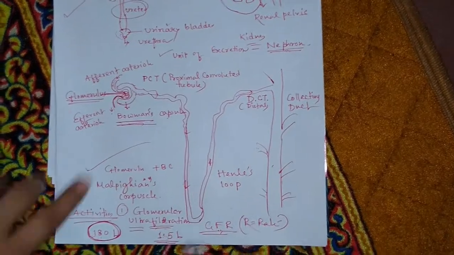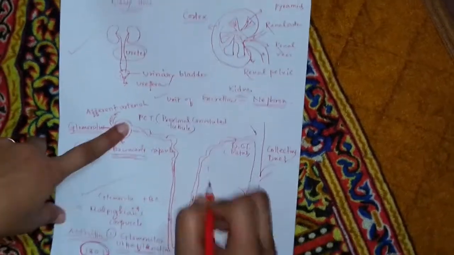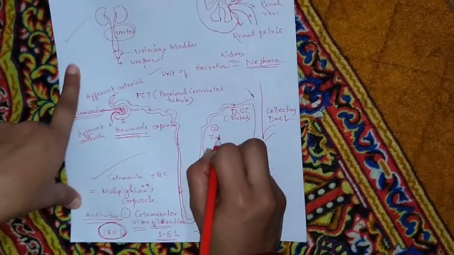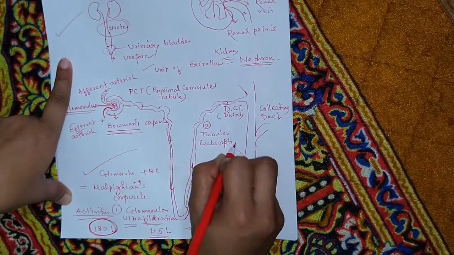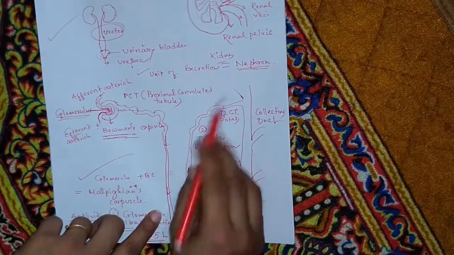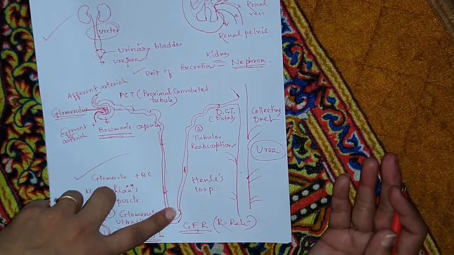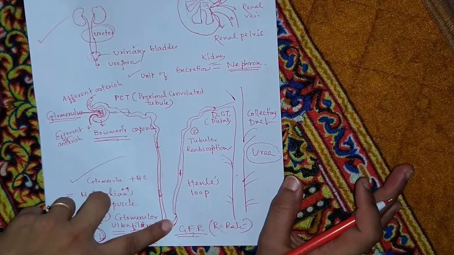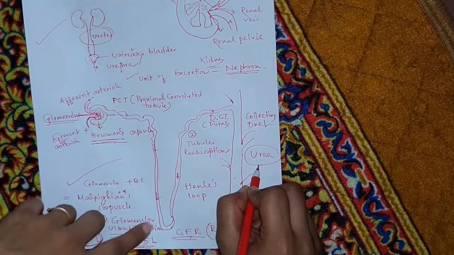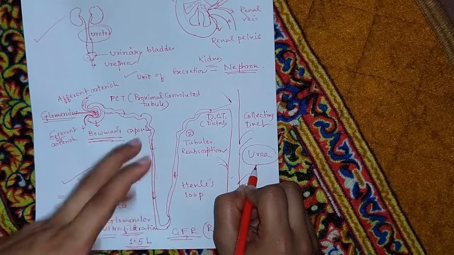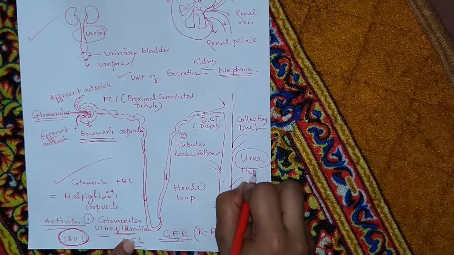Okay. So next work. This entire loop works for this, the first action. Second action, tubular reabsorption. What is tubular reabsorption? Whatever is needed. Here in humans, we are releasing urea and creatinine. We are not releasing ammonia. Ammonia is released by fishes in a water medium; it is highly toxic, we can't. Or uric acid, like birds and reptiles, in crystalline form. We are releasing urea or creatinine as nitrogenous waste, right?